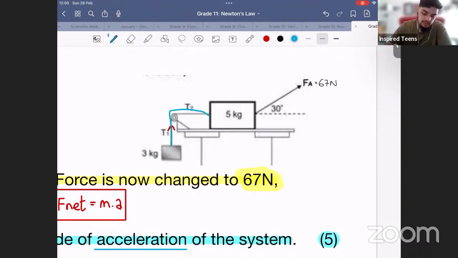Okay, because they are attached with this light inextensible string, the acceleration of the 5 kg box is the same as the acceleration of the 3 kg box. So we have acceleration that's the same here. We have tension that's the same. Acceleration, tension. We have two